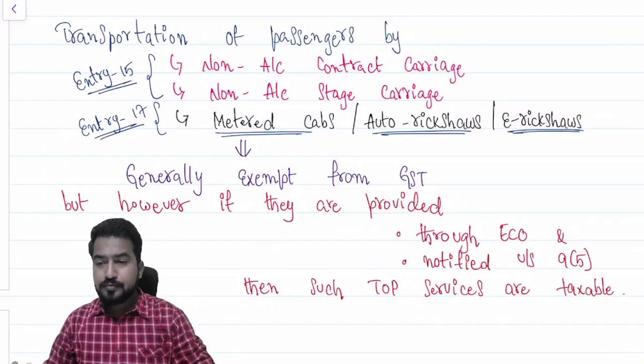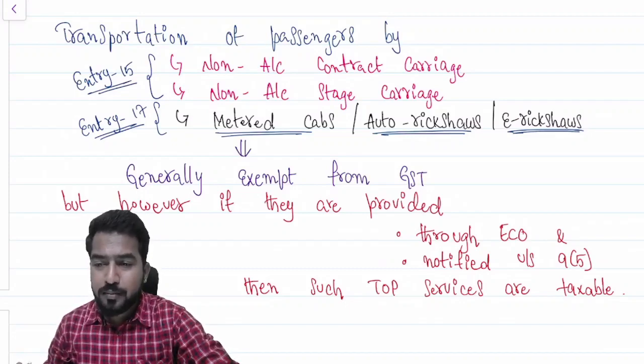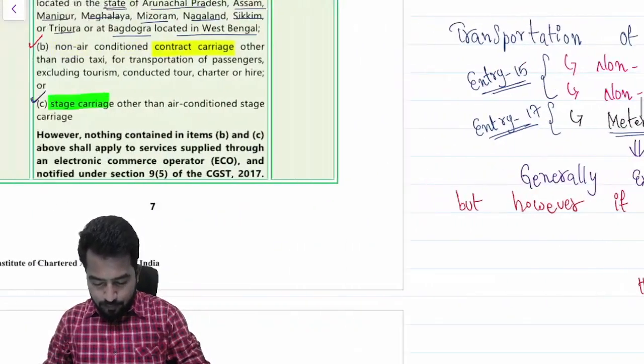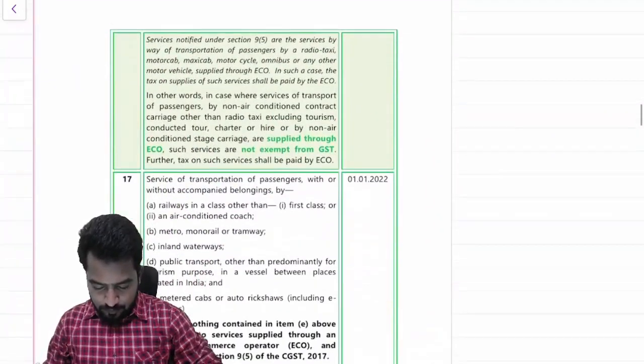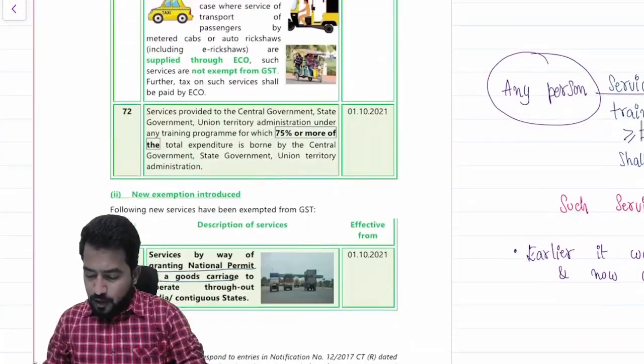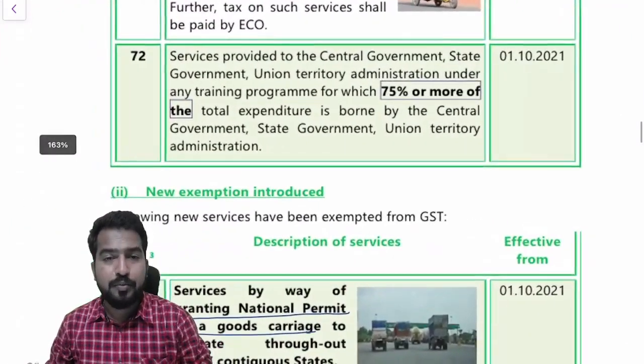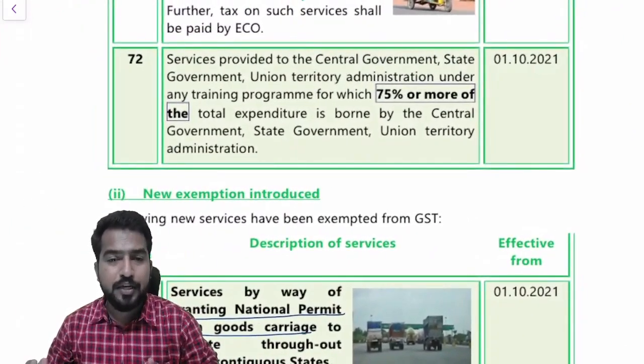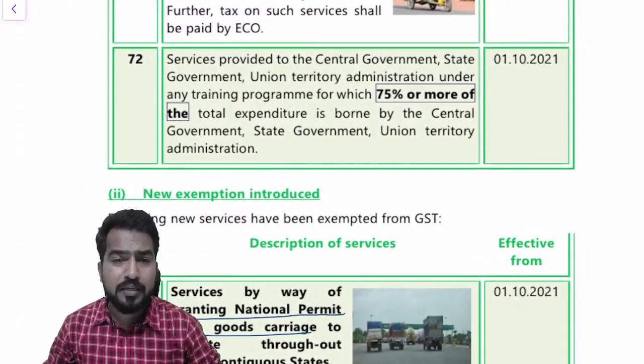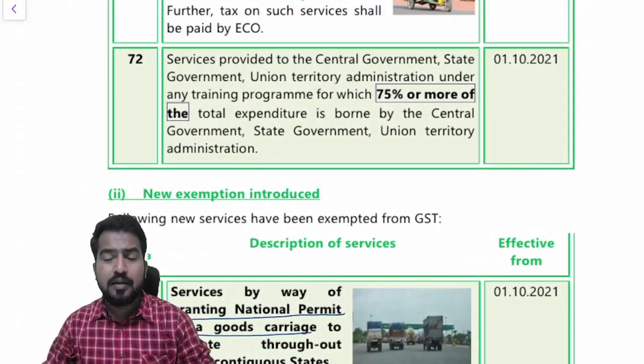So fine. Let us move on to the next one, my dear friends. And one more amendment is in entry number 72. Entry number 72. What is the amendment in this entry number 72? Understand. Earlier,